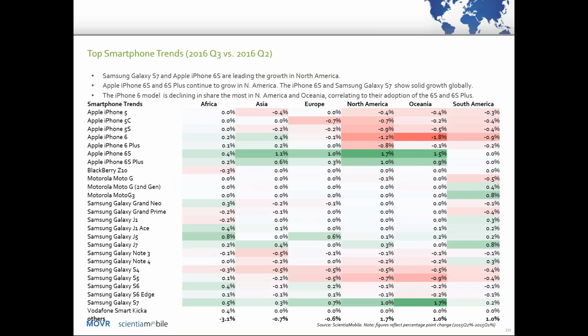Some of the trends in terms of growth and reduction, I think we're seeing the iPhone 6 start to drop away, and most of those people seem to be upgrading to the 6S or the 6 Plus or the 7, which hasn't made it onto this list yet, but I anticipate that probably next quarter it will be there. The biggest winner outside of